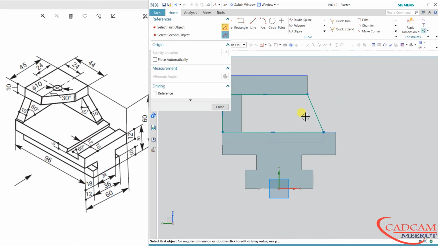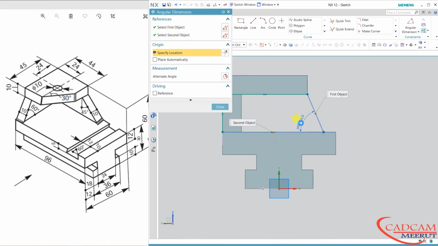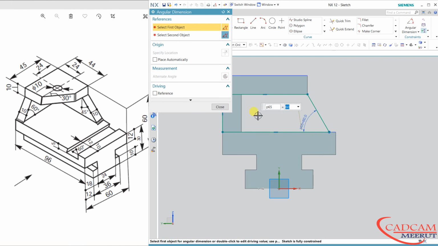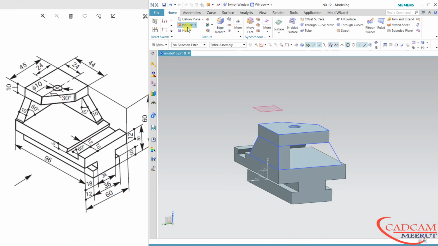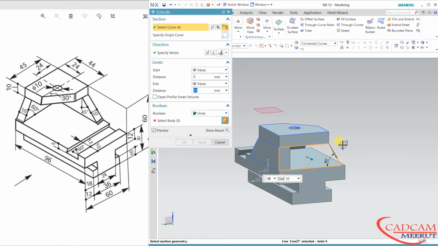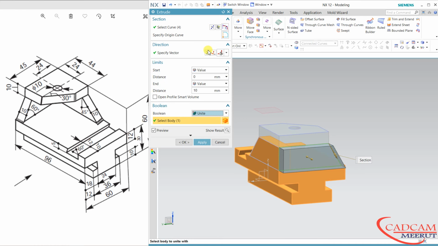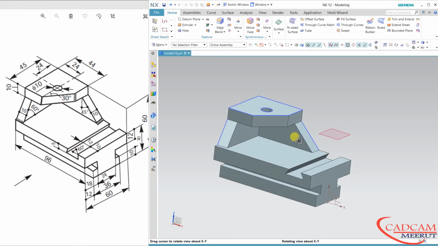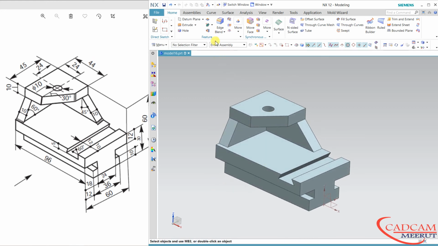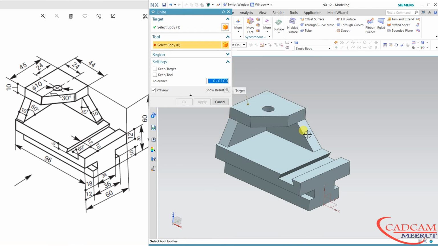So angular. Close it. Now finish and extrude this sketch. Hide all the sketches, this plane, and unite all the solids.